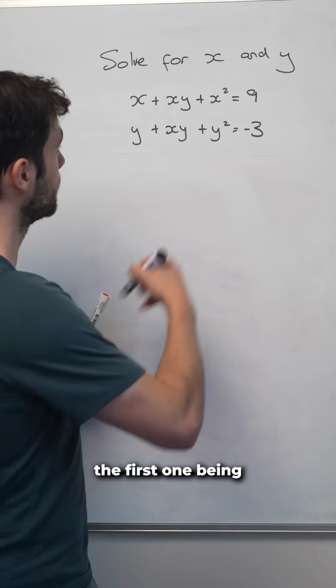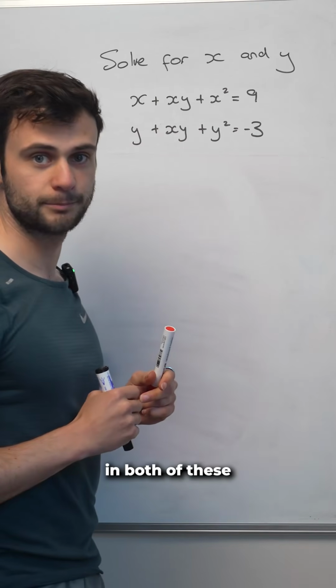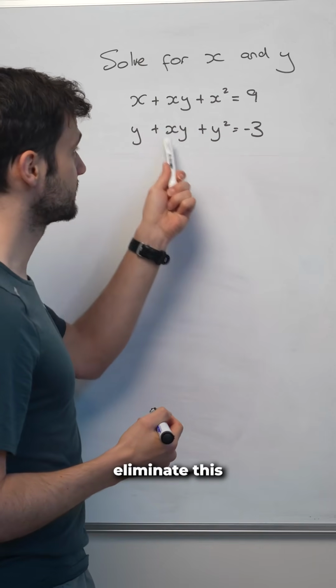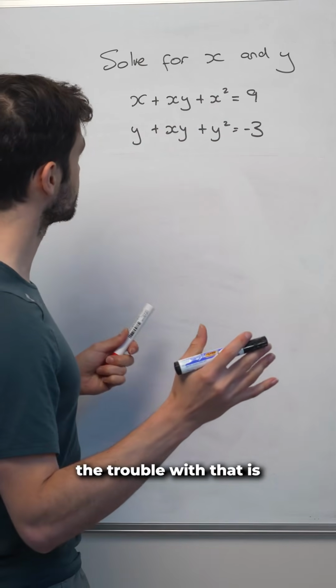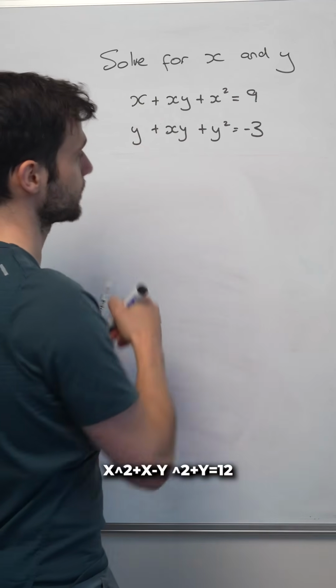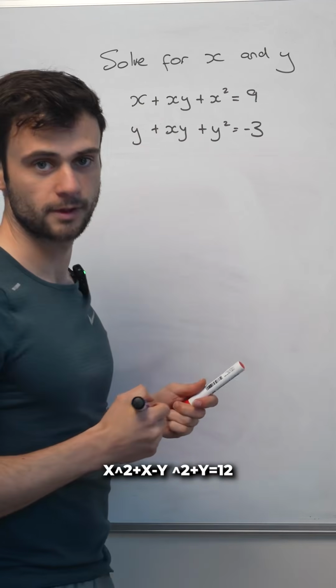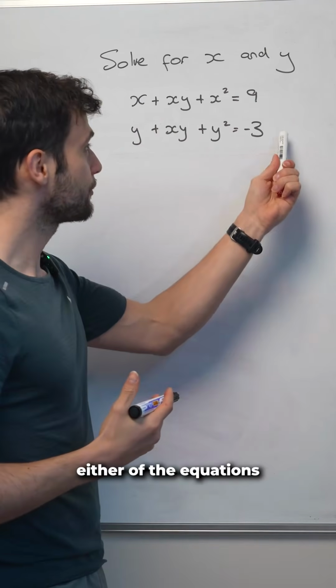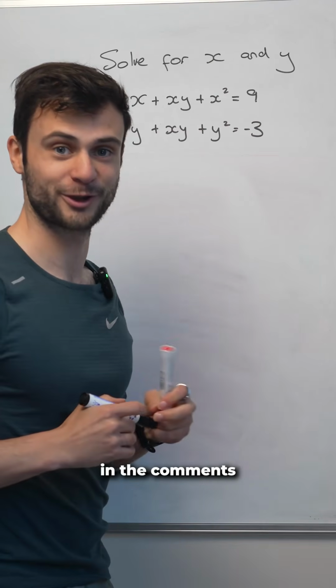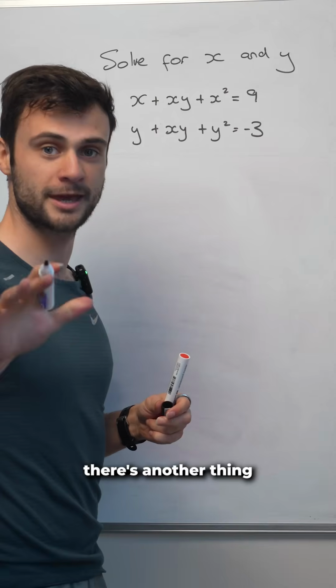The first one being, well, there's an xy in both of these, so if we subtract the equations, then we're going to eliminate this part. The trouble with that is, when we eliminate it and we've got x squared plus x minus y squared plus y equals 12, it's not actually simpler than either of the equations that we started with. It might still work, someone can prove me wrong in the comments,